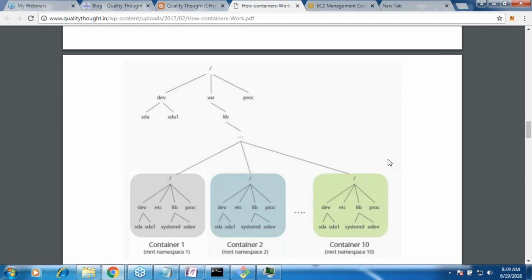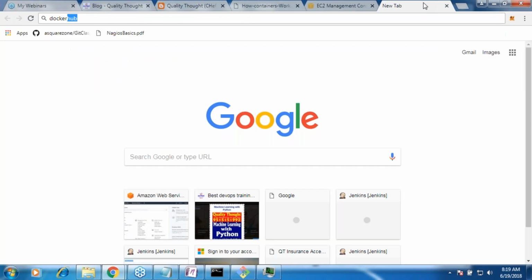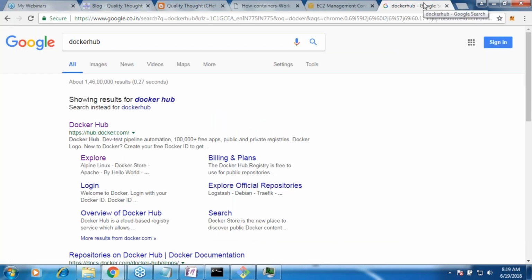Do you agree to that? Yes. In this, if I copy the CentOS, whatever CentOS requires on the file system, it will behave as if it is a CentOS operating system. Yes or no? So these containers, which are basically for applications, you can also use for minimal operating system stuff. Why? Because we have our own file system. Now let me go to Docker Hub and show you something interesting. Did you get my point?